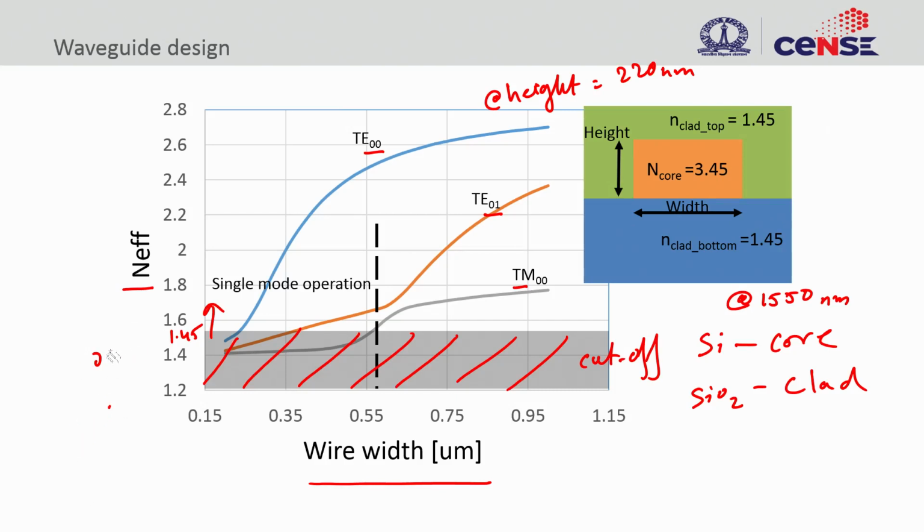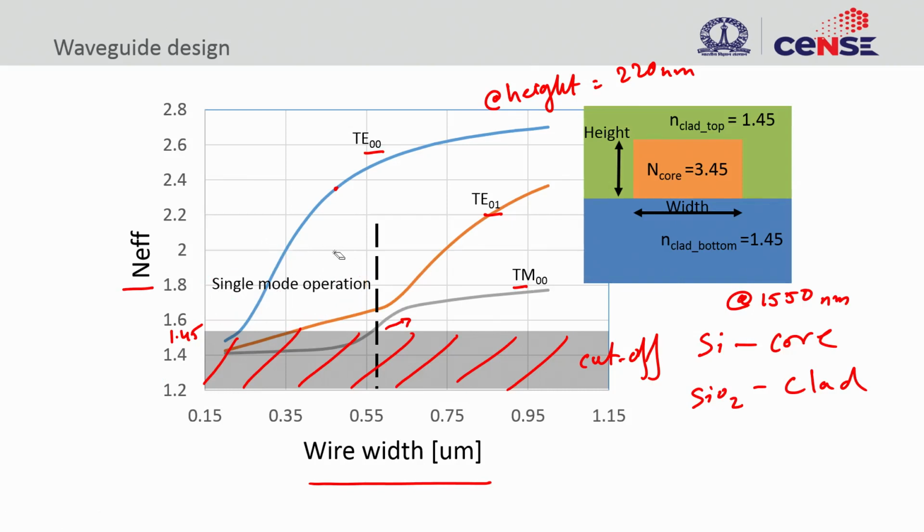So, this is your cutoff point. All these are propagating modes, and you can see here we call this single mode operation, if you have only one mode present. In this case, TE polarized light is getting transported, which has a much higher beta or n effective compared to TE01, where TM is not present at all. The TM only starts from here.